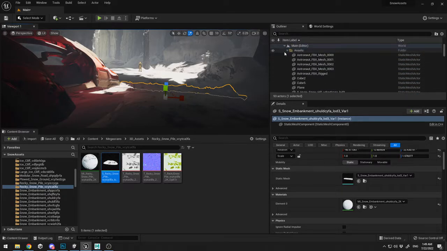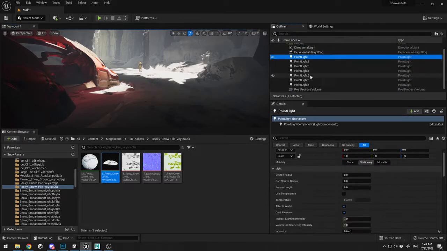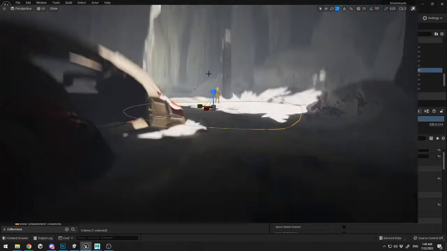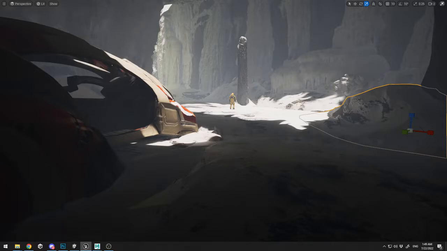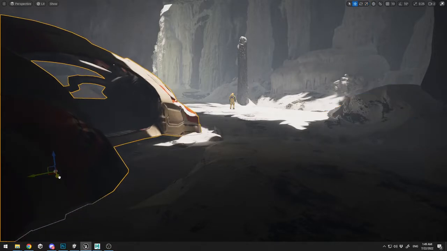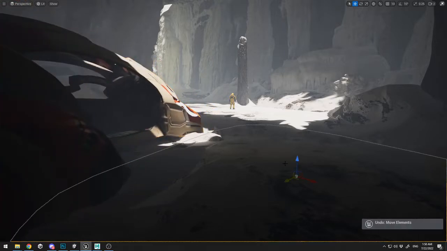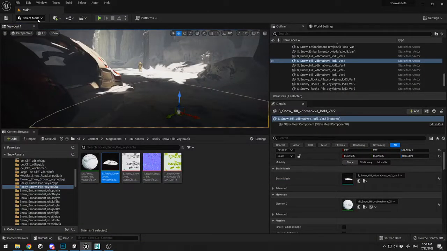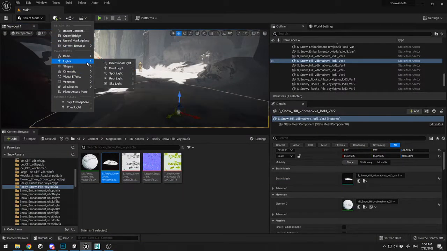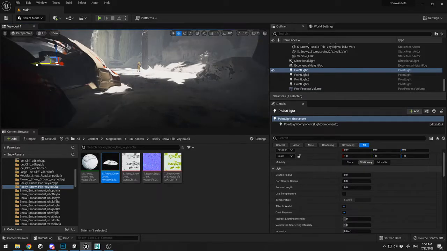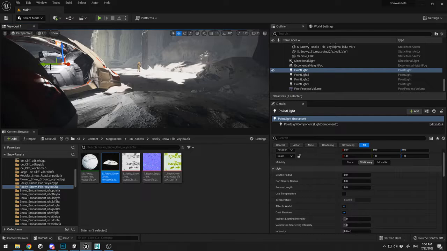Let me just go up here and choose my point lighting, and I'm just gonna delete the red ones because I got rid of my beast. Okay, and right now what a problem is, let me just tweak a little bit the vehicle over here. I need to set up lighting in the vehicles, because it's too dark in the cockpit. So I'm just gonna put a point light over here in order to light it up. And I'm just gonna make a point light only on the right side of my vehicle,